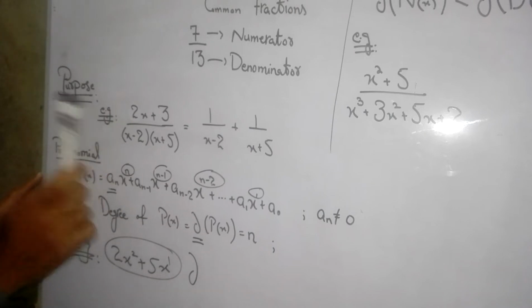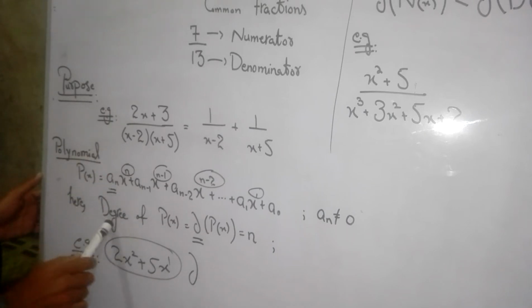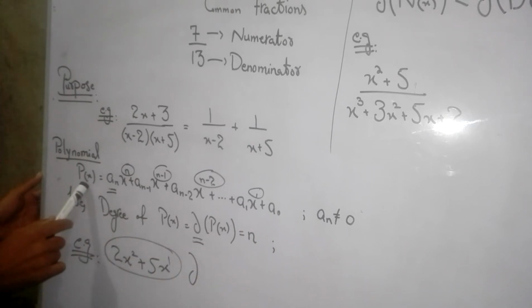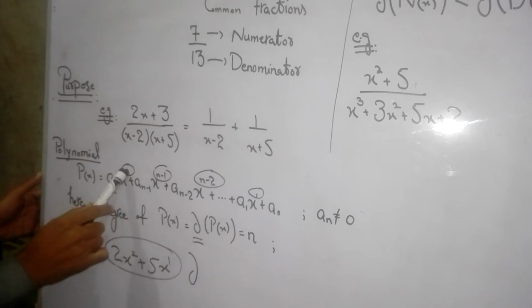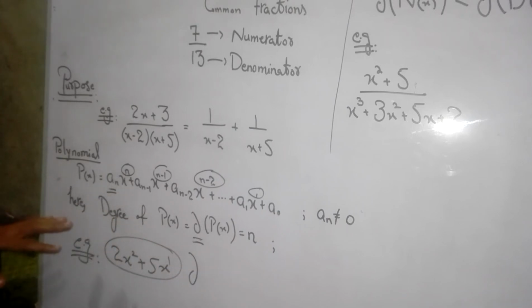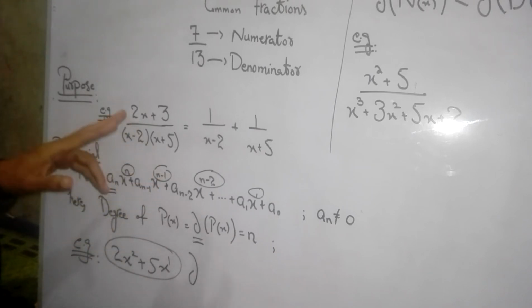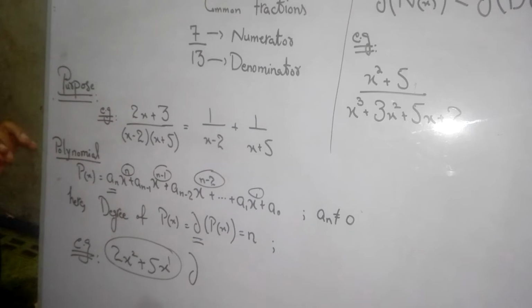So a n must not equal 0, which means that this is the degree of the polynomial. We have given the polynomial the name p of x, and the degree of polynomial p of x is equal to n, while there is a condition. That condition is that the degree must not be negative, and the degree must not be in rational form. Rational form means a form in which the denominator is other than 1, I mean 1 over 2, 1 over 3, and so on.